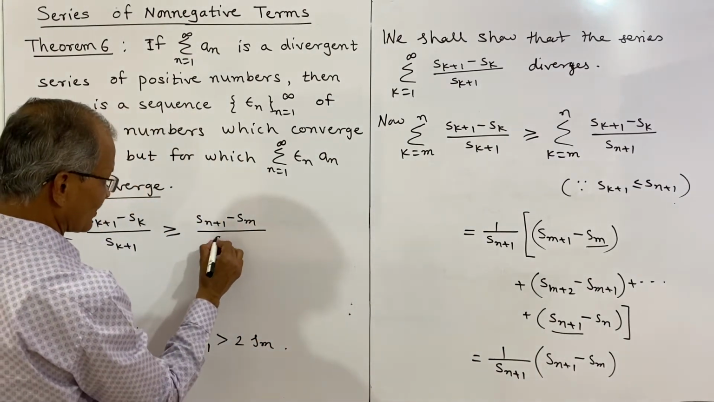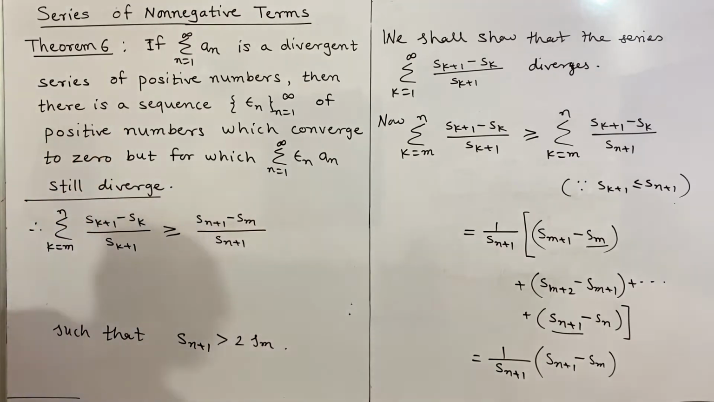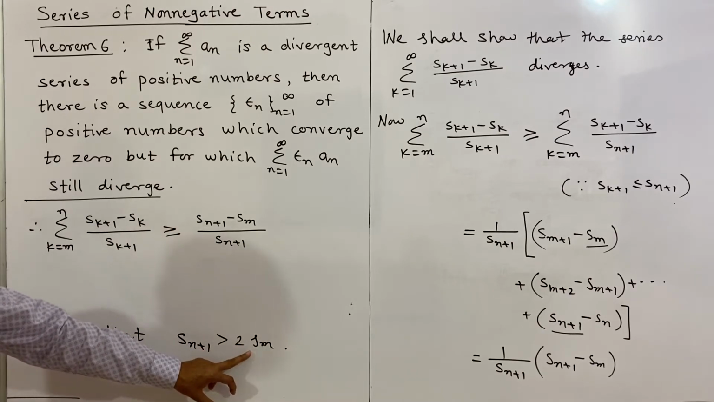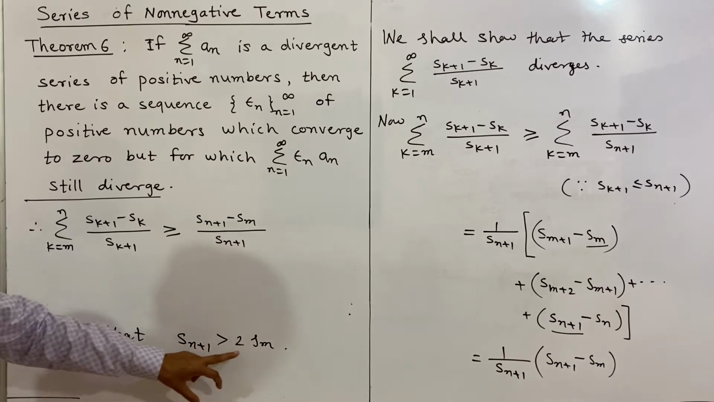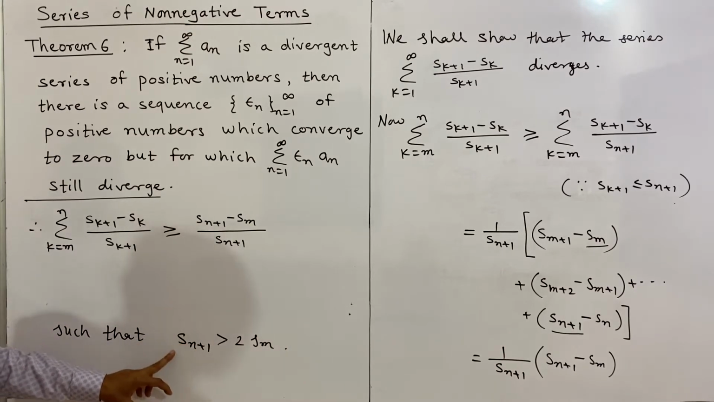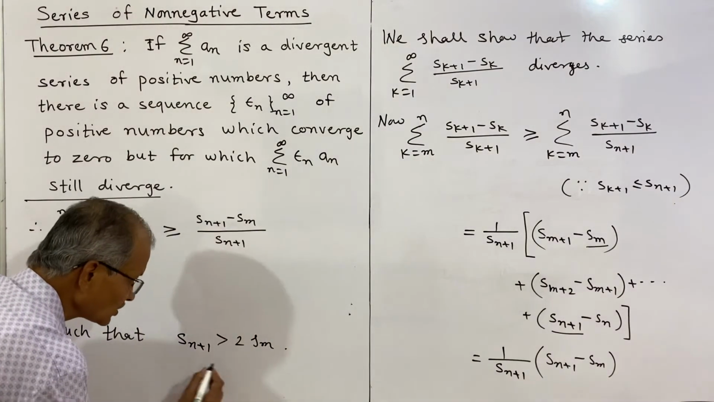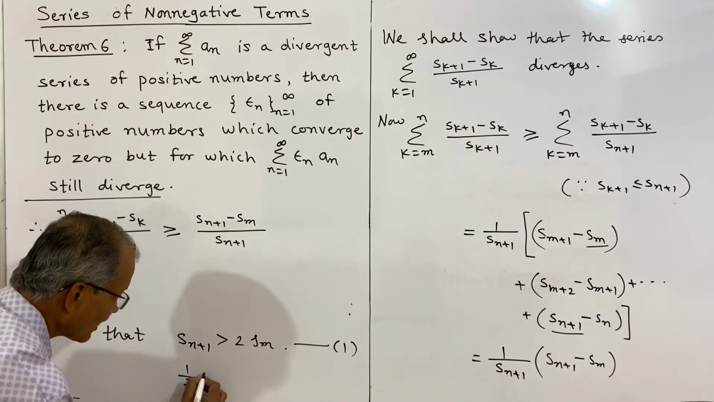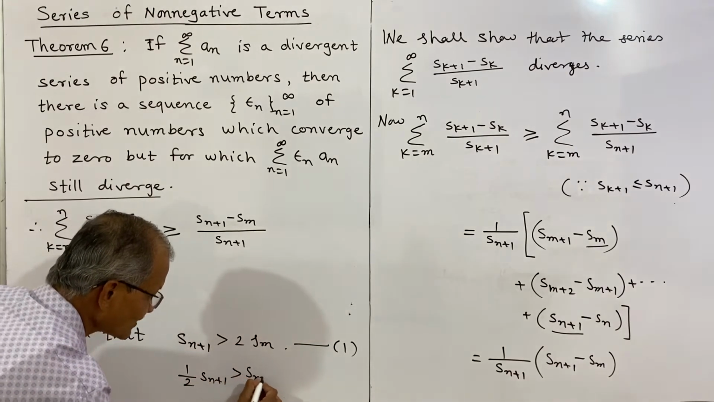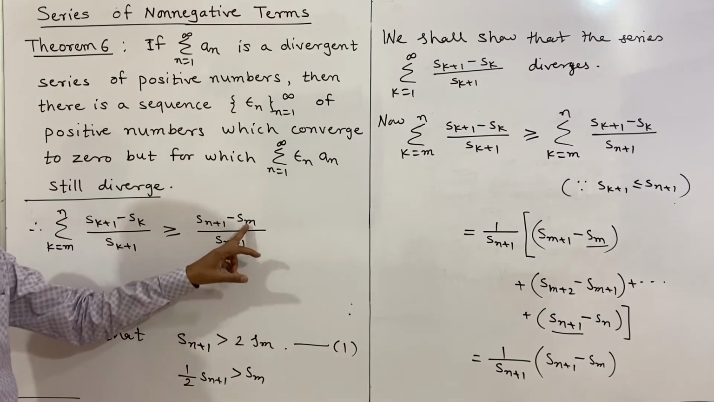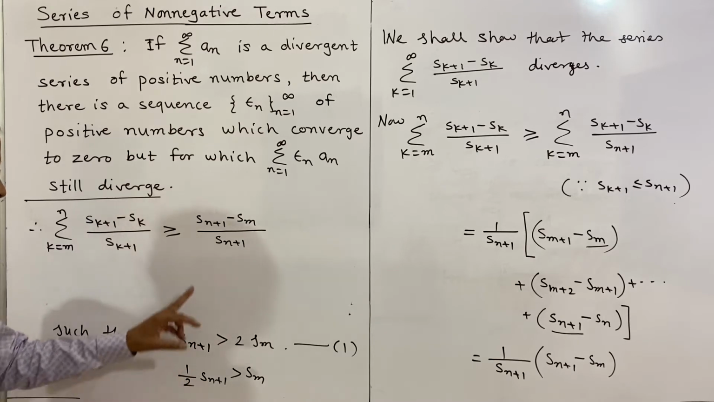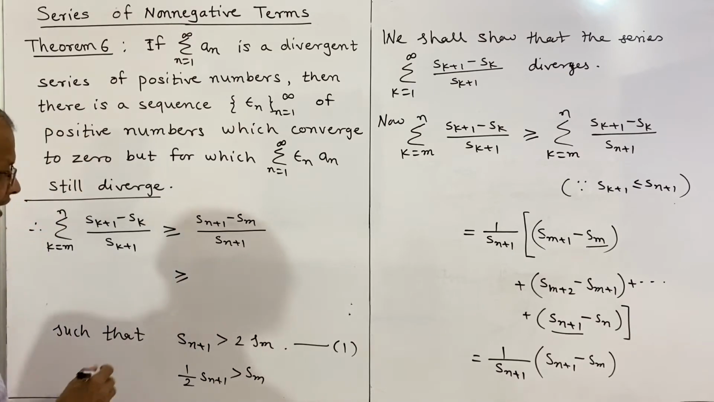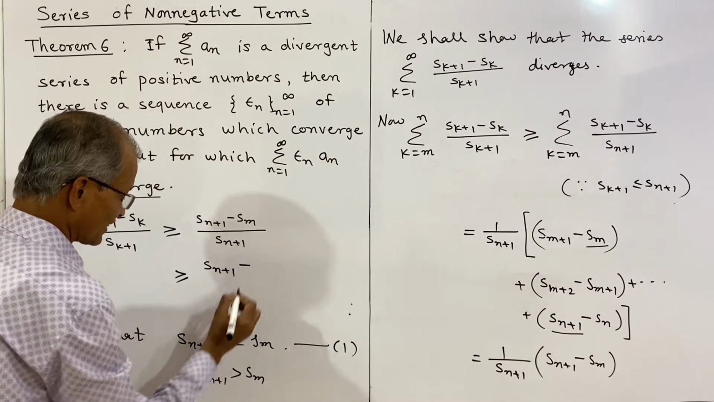by S_{n+1}. But you see here we have S_{n+1} is greater than 2 times S_m, and therefore we can divide both sides by 2 and get half of S_{n+1}. So what is the equivalent relation, or we may suppose this as 1, and from this what we will have is half S_{n+1} will be greater than S_m, and therefore we will replace S_m by half S_{n+1}, and this quantity is greater than or equal to S_{n+1} minus